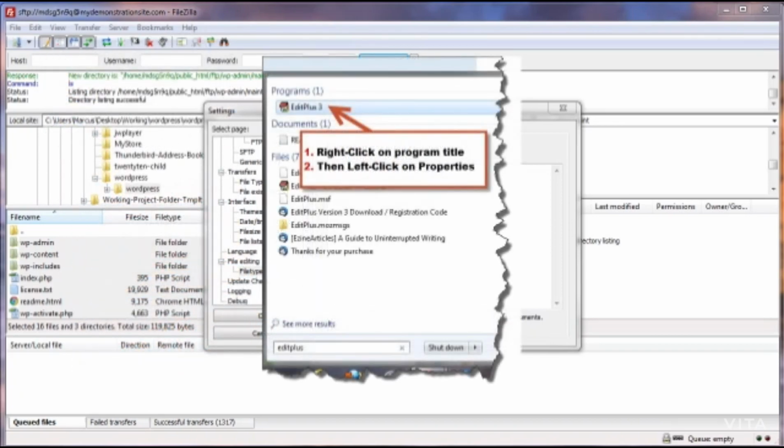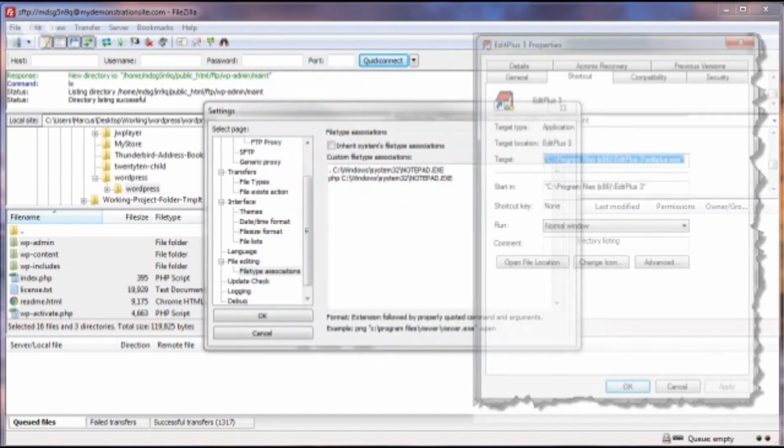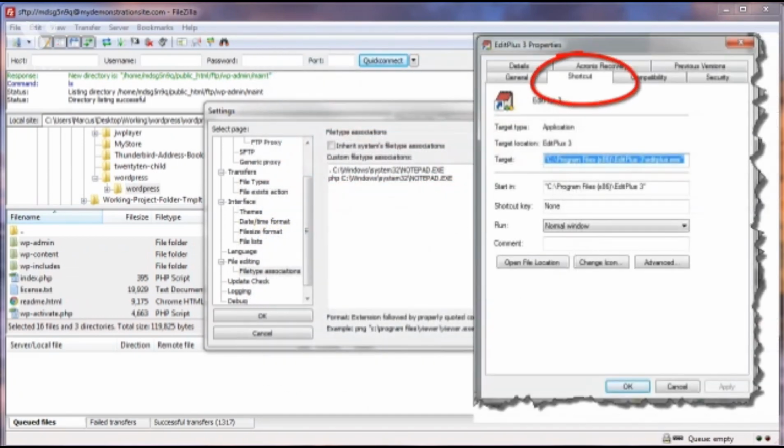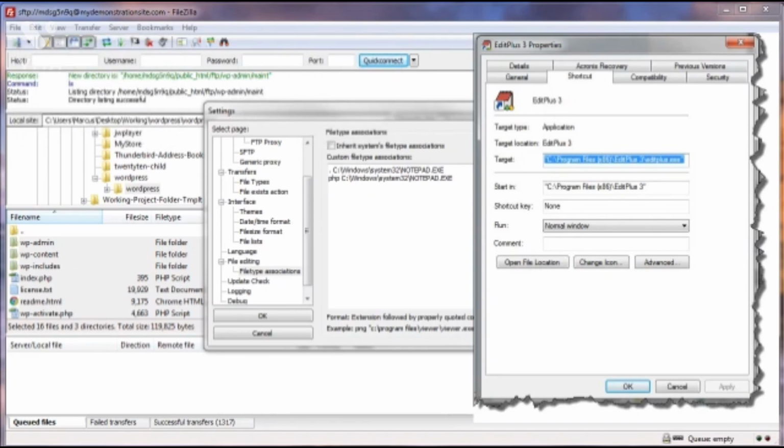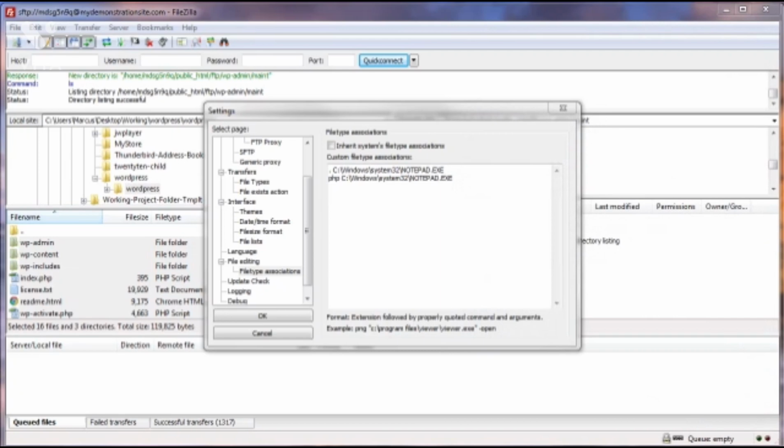Then when you see the program showing up in the list, you right click on it and then click on Properties. Then you want to make sure you're in the shortcut area of the properties and you're looking for the target. So you just want to copy that, and by default it's probably already selected. So using the shortcut keys on your keyboard, hold the Control key down on your keyboard and then hit the letter C as in cat, or copy. Or you can just make sure that you select it all, then right click and then copy that to your clipboard. Then you come on over here,